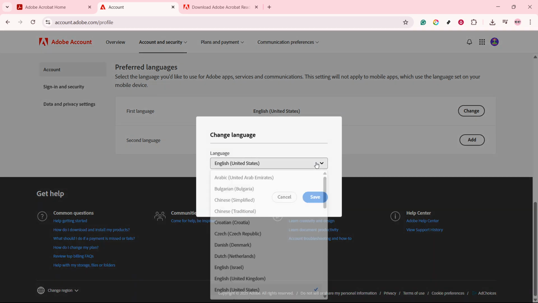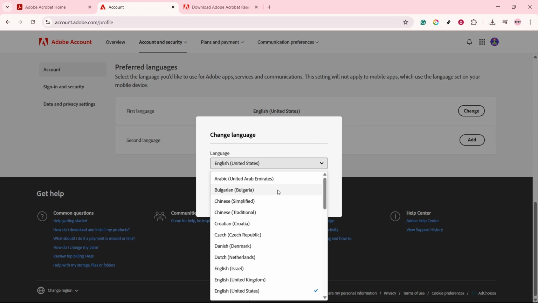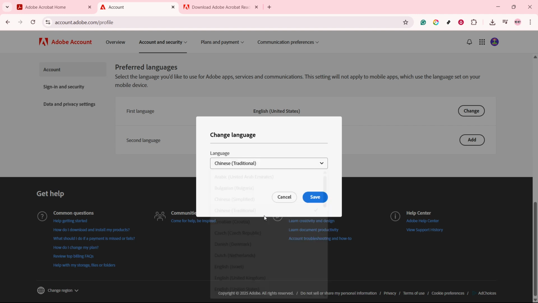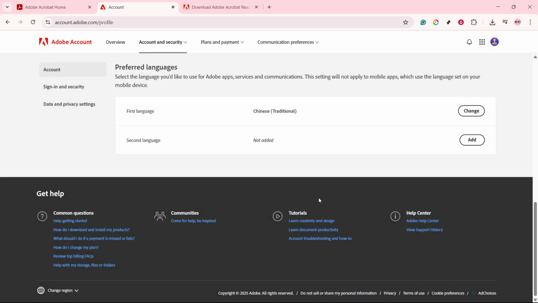Review the options presented to you and select your preferred language from the list. It's crucial to choose carefully because this will alter the interface language of your Adobe Acrobat, affecting how options and features are labeled. After making your selection, don't forget the final step. Hit the Save button. This will apply the changes, and within moments, you should see your Adobe Acrobat interface refreshed